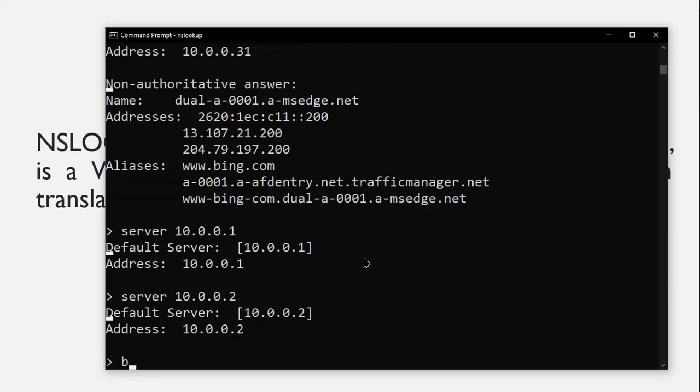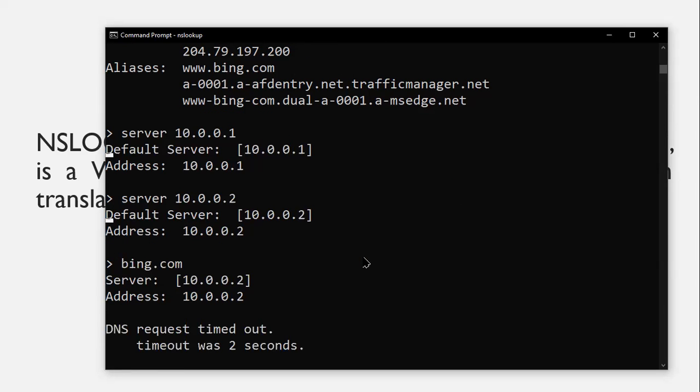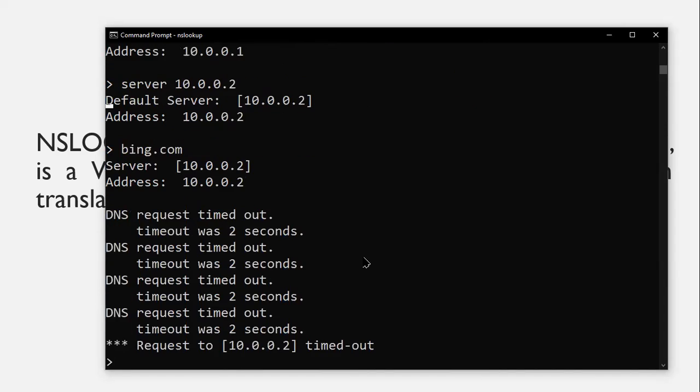Okay, suppose I try to find bing.com and so, DNS request timed out. There are times that a DNS server chokes out. Imagine if a million people are trying to find the translation of a certain website. It chokes out. Even computers choke out as well. So what happens is your connection to that web server is not completed.